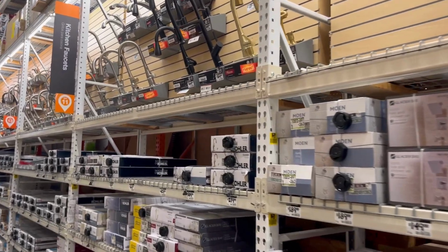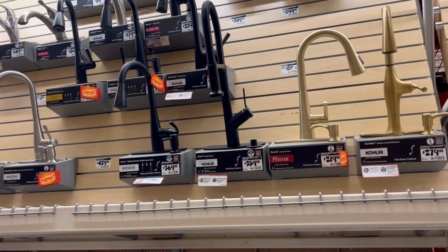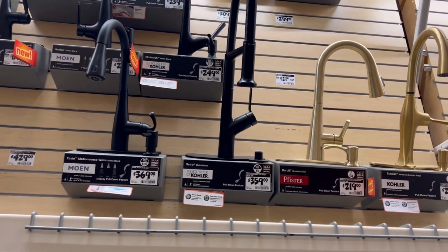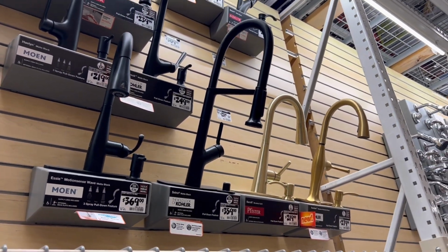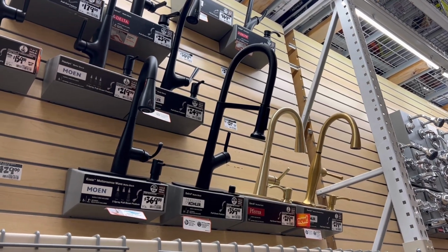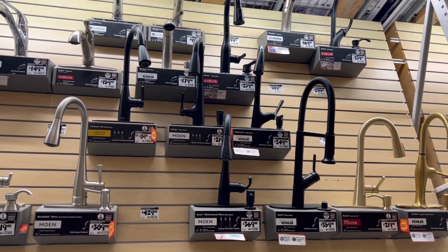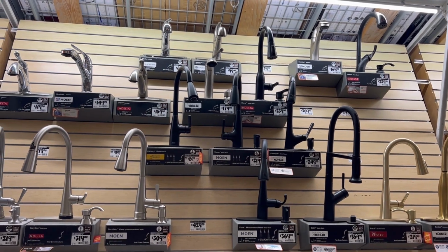And here's the faucet I was looking for. It is the Kohler Setra. It's a matte black with a pull-down faucet, a nice little spring curve at the top. I'm a big fan of these Kohler faucets, but the price on this faucet was not $359 when we started this renovation. It was considerably lower than that from what I remember. I want to say that this faucet was even below $300, and whoa, look at that Moen for $369 next